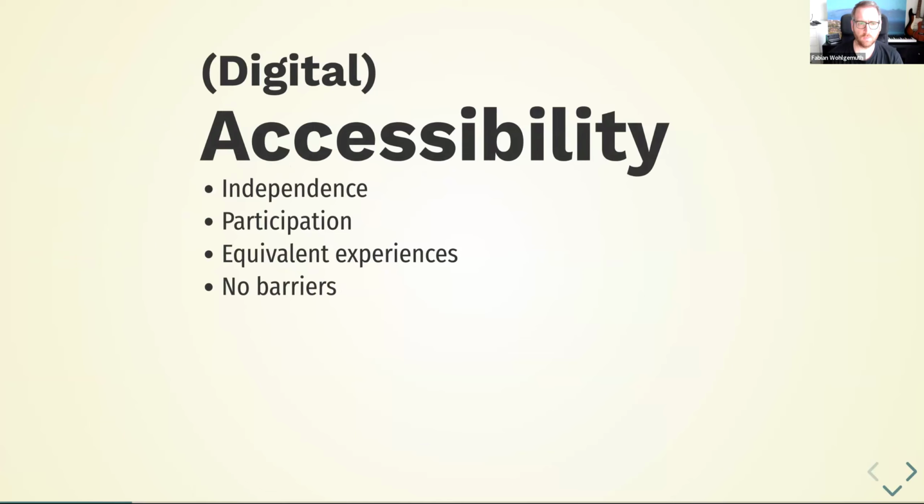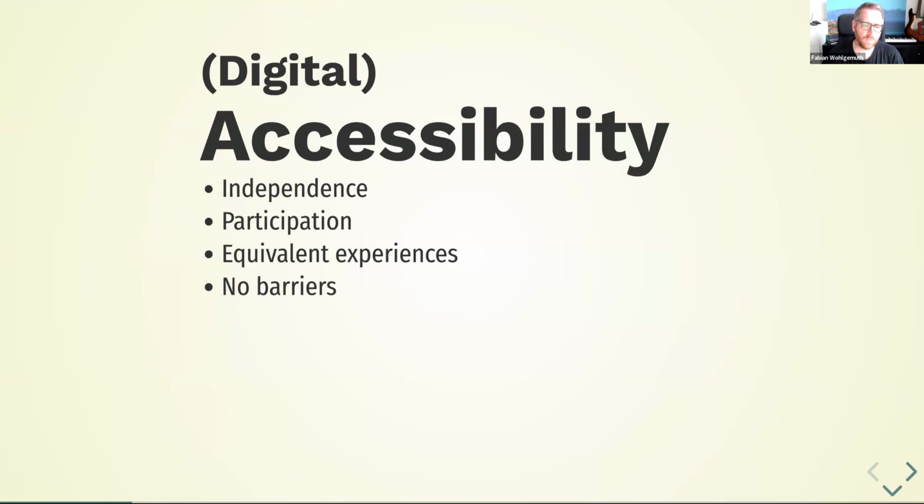Digital accessibility. Not everyone has experience with working with digital accessibility. So what is it? There are a few definitions, but basically accessibility is meant to be independence for people. It is meant to enable people to participate in digital life.